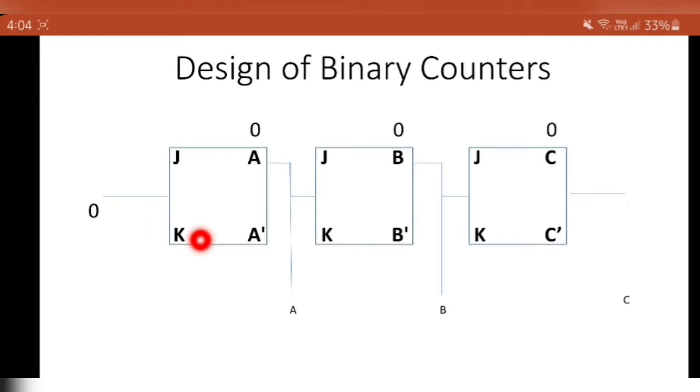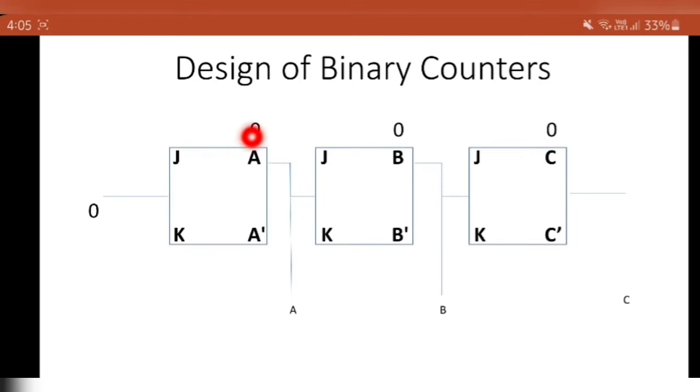Control of the whole circuit. There are 3 boxes. These are all JK flip flops. JK's value is 1. So when this becomes 1, it inverts the value, right? You know the working of JK flip flop, right? When J and K both are 1, it will invert its value. It can invert its value only when this allows. So this is the controller for this circuit, and this will be the controller of this circuit, and this will be the controller of this circuit.